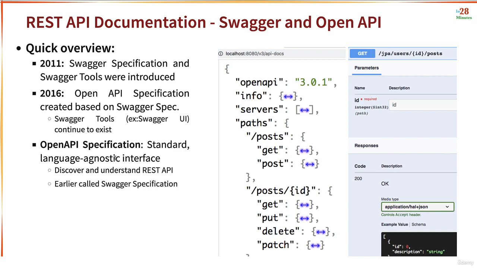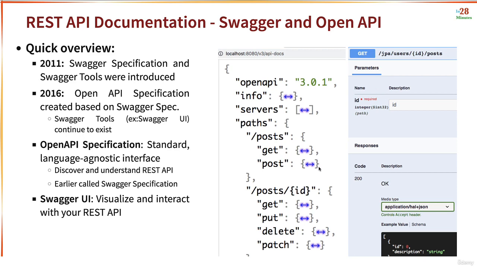This was earlier called Swagger specification. And Swagger UI helps you to visualize and interact with your REST API. Having this documentation is good. However, you'd want to have a tool which will enable you to interact with the REST API. Look at it in a more visually pleasing way. That's what Swagger UI provides you with. It provides a great UI around the OpenAPI specification, and it also enables you to easily play with your REST